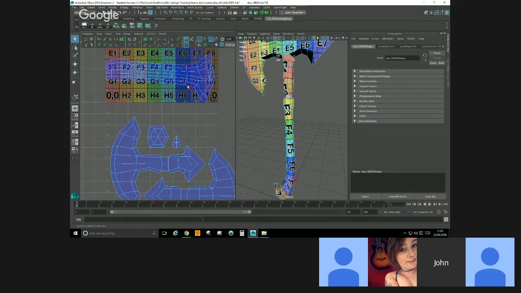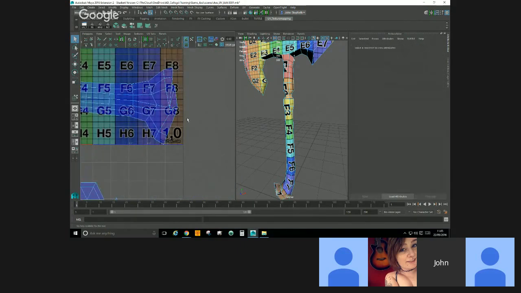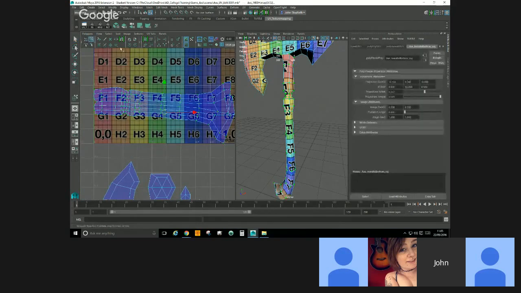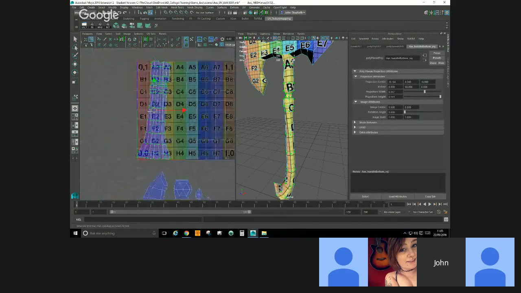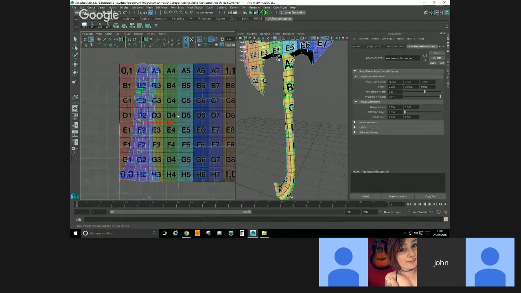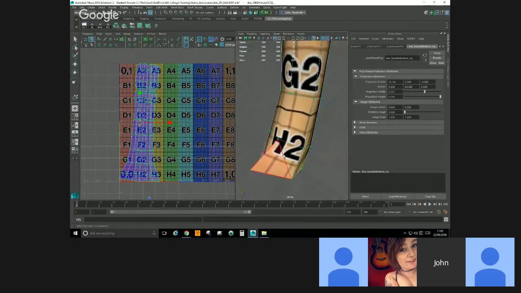So let's go down. Just make sure I've not got an issue in there. I think no, they're not connected. Cool. So now I can select this again as a whole selection, and then just do the unwrap again. So the unfold now is almost, I'd say, perfect. But it took that little bit of extra work just to make sure that the bottom of the handle, which is this bit down here, okay, and you can see that the texture's sitting quite nicely on that now,